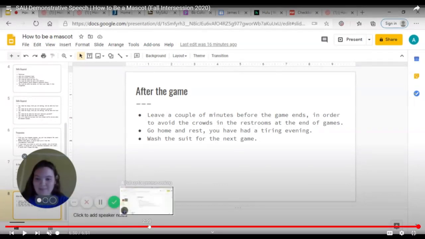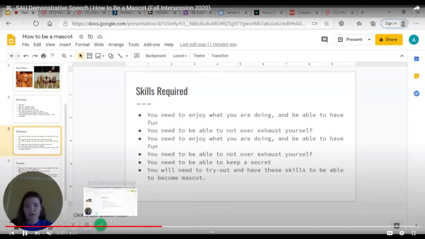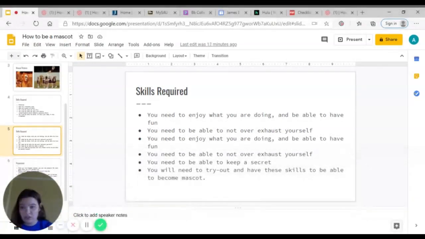Small issues, but all of those elements are going to count in the long run. Let's go ahead and mute this and just watch how expressive she is, which I suppose the enthusiasm would come if you're going to be someone who is a mascot. Excellent job throughout, really trying to engage the audience, being expressive, being conversational, and if you have a slide like this with bullet points, it's always helpful.